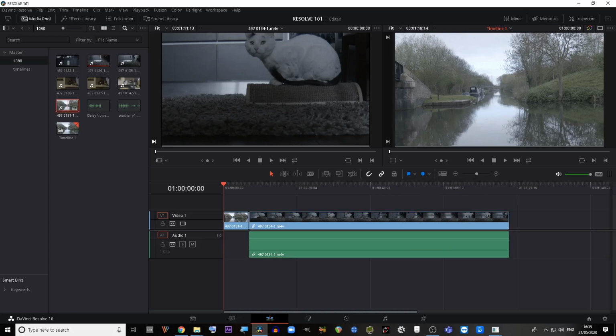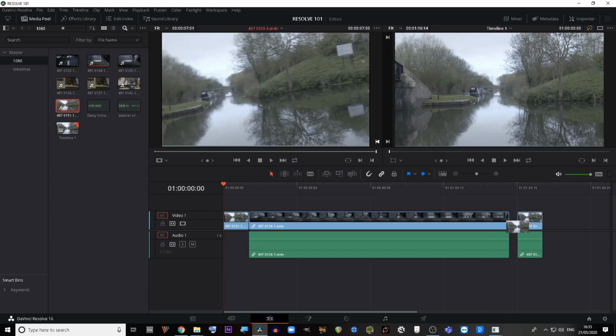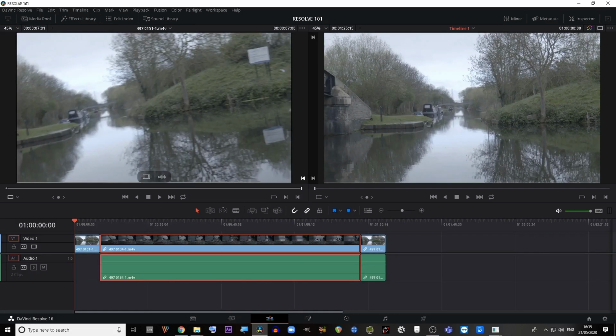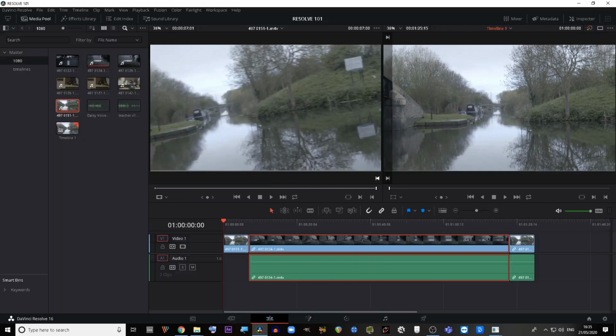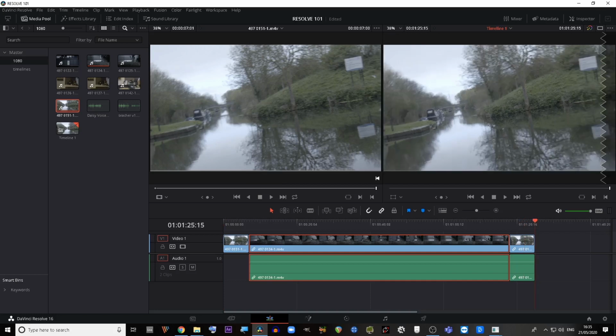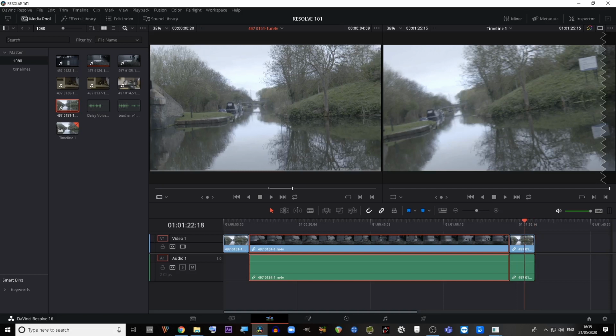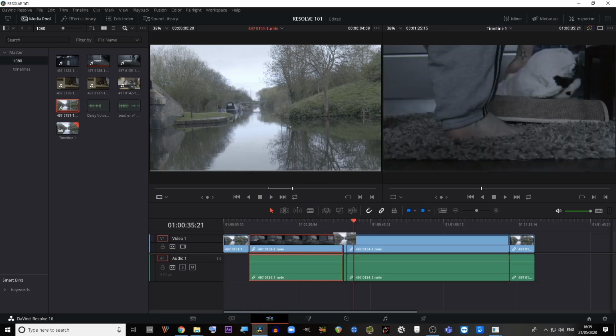Firstly, just to get around the very basic mechanics of how Resolve works, I'm going to just have a couple of files in here. Keep it super simple, otherwise it just gets too much. So I'm going to make the best of my screen real estate by toggling things on and off. Okay, so by the way, if I want to go to the edit point there, instead of clicking and dragging, like I say, we can use these insert or overwrite. So let's say I want a portion of this clip here, but I want it in the middle of this long one. Scrub there, I can click and drag,